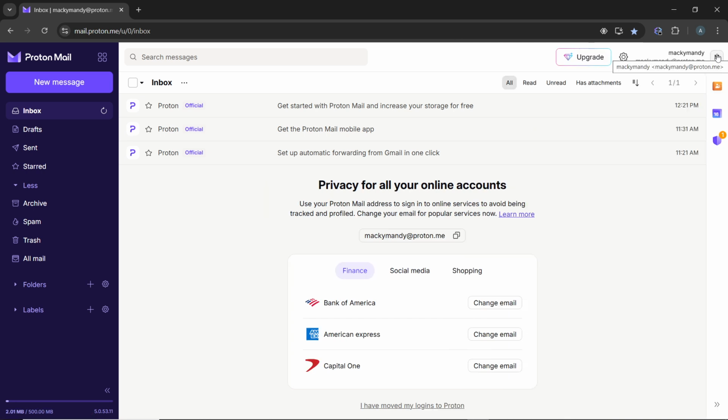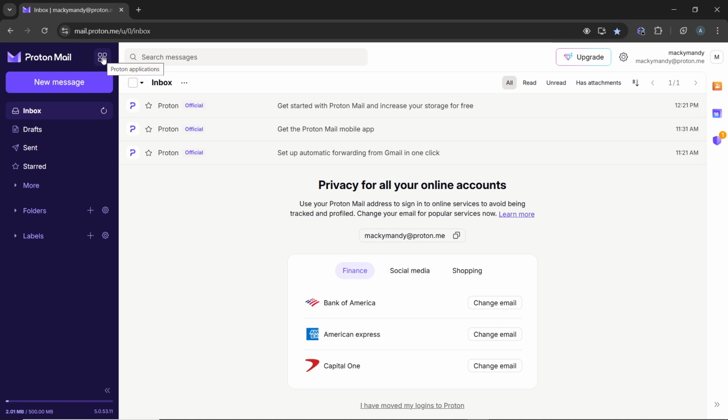Once you're in the inbox, head over to the left-hand navigation menu. In the left-hand navigation menu, go ahead and click on contacts. Now, if you don't see it, click on the more drop-down menu that is here. You should normally find contacts, but contacts are not here, which means your contacts will be found somewhere else,